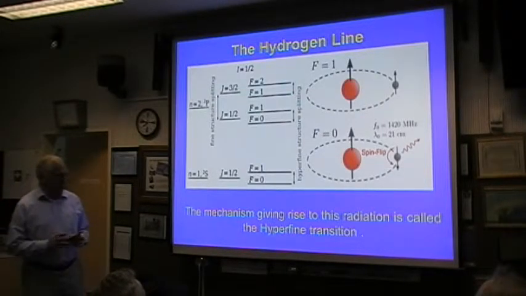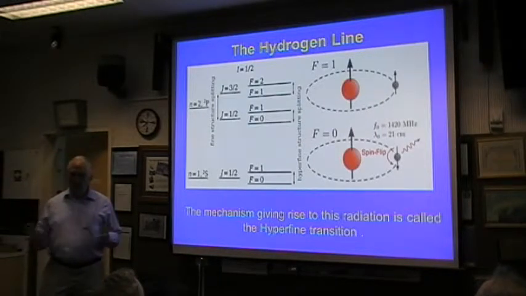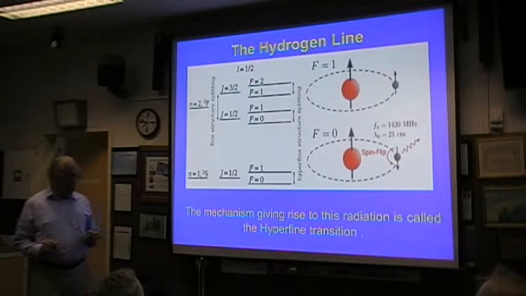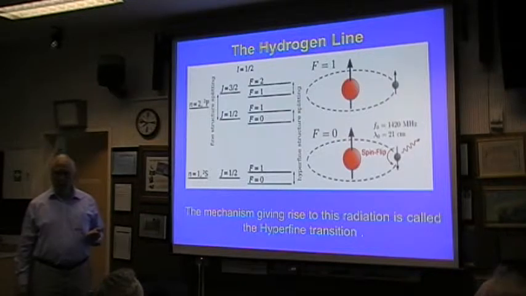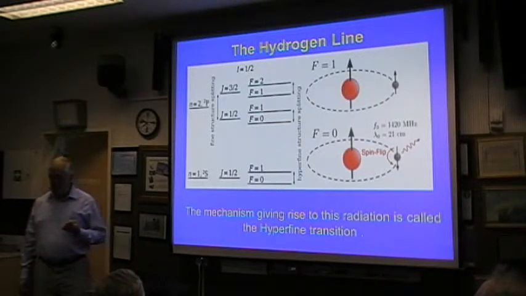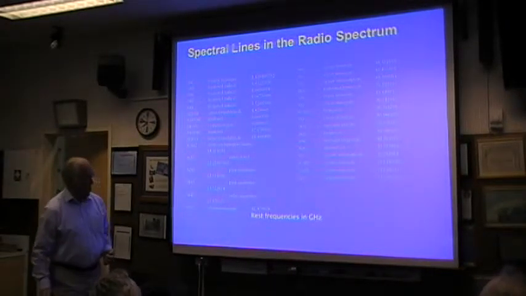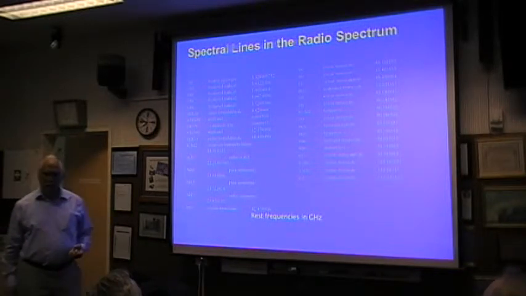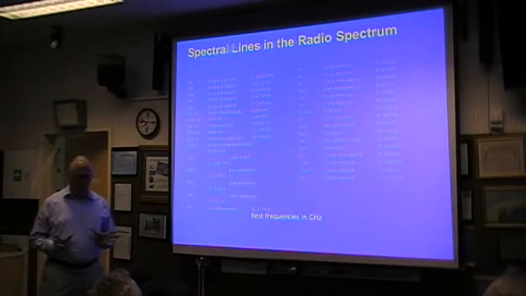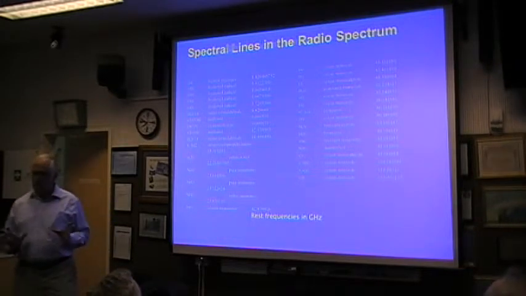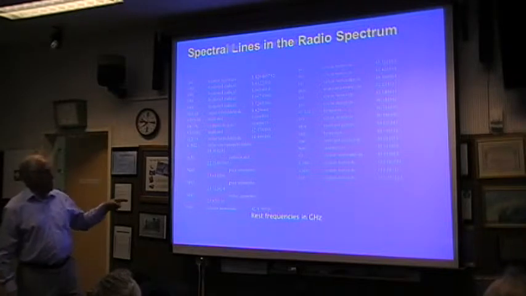It gets excited to that state by incident energy from things like nearby stars, and flips back in its own good time. This is reckoned to occur about once every few billion years for a given atom. But there's so many of them out there that it's quite easy to find the signal, luckily. This is not the only spectral line that is of interest to radio astronomers, but it's really the only one that somebody with a small dish and building stuff out of the junk box can expect to do, is to receive hydrogen. These are some of the other spectral lines that occur in the microwave spectrum,